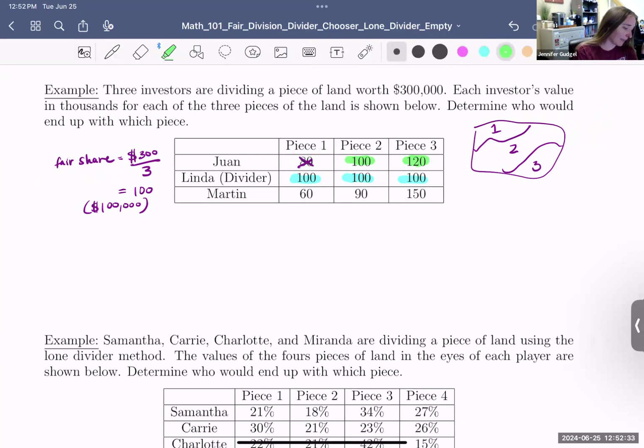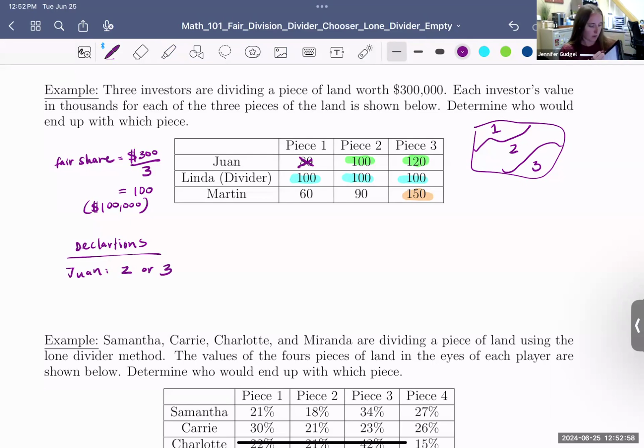Martin will be happy if he gets the third piece and the third piece only, because 60 is less than 100, 90 is less than 100. So when we're writing out declarations or bids, you'll see that Juan would only be happy with 2 or 3. Martin